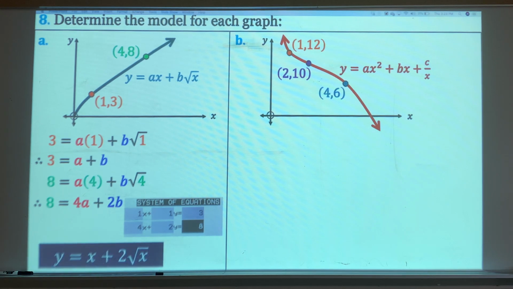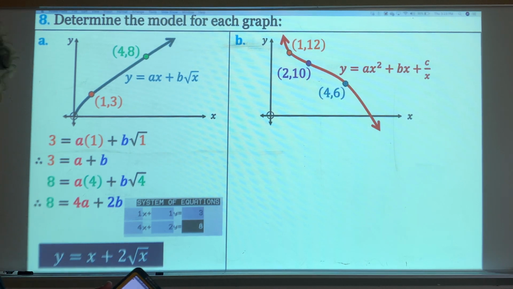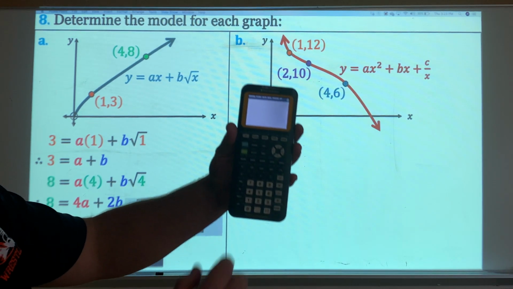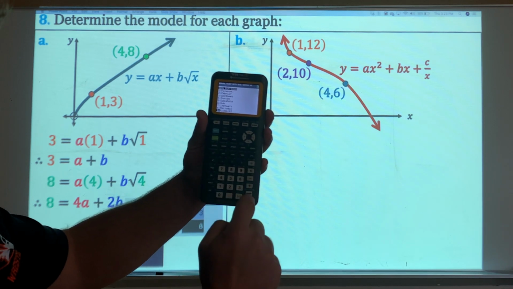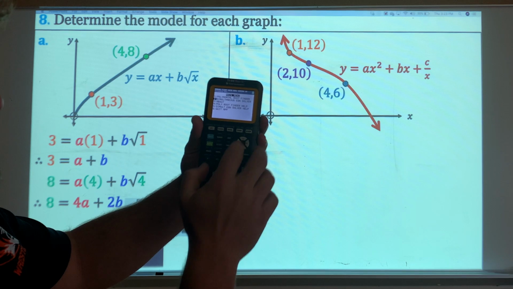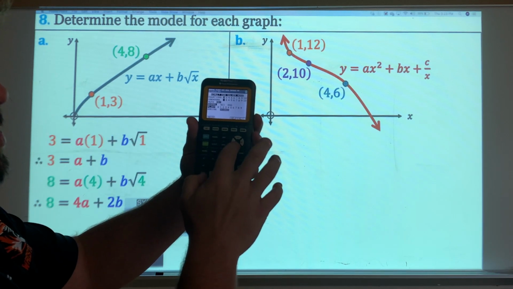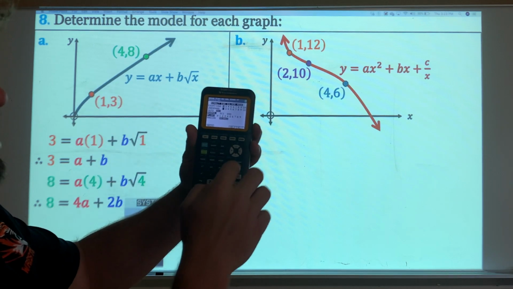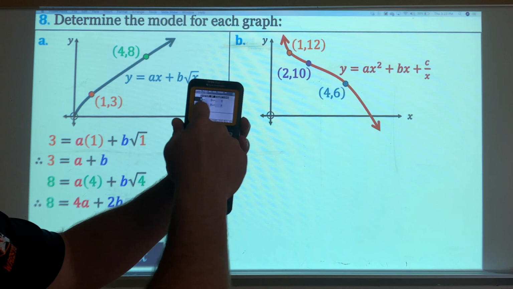And y equals 2 square root x. All right. Once again, the way you're going to do this, very simple. I'll come over here and show you because I'm so nice. You go to your calculator, you hit your apps button, you go down to number 9, hit enter. In this case, you're going to hit 2, simultaneous equation solver. There's only 2 equations and there's 2 variables. For B, there's 3 equations, 3 variables. And whatever it is you hit next, you can clear your answers right here, type in all your stuff, and